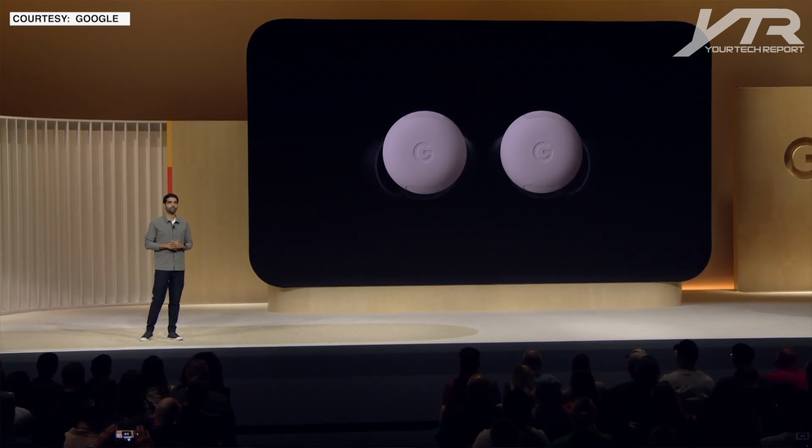Now Google's pretty good at launching these phones before other people come to the market. We're still waiting for an Apple event in a couple weeks, of course, and there's some other phones that are going to be coming out on the market. But this is a great contender right out of the box from Google because it brings all those flagship features to the table at a price point that's still cheaper than the competitors when you look at what else is on the market and available. Of course, this could all change once we have some announcements from some other companies in just a couple weeks' time. But for now, this is a great Android competitor and a device that I'm definitely going to be using